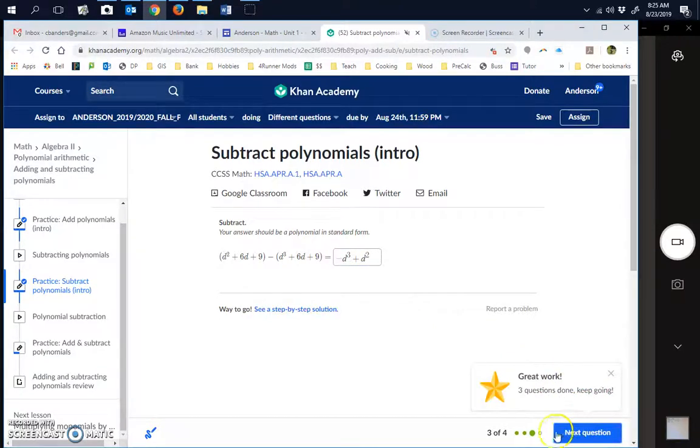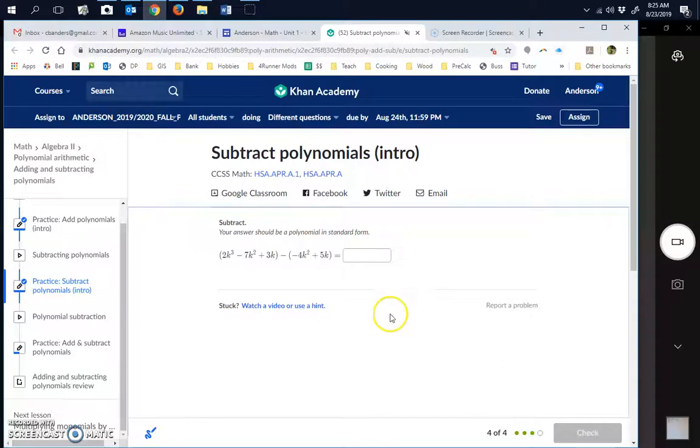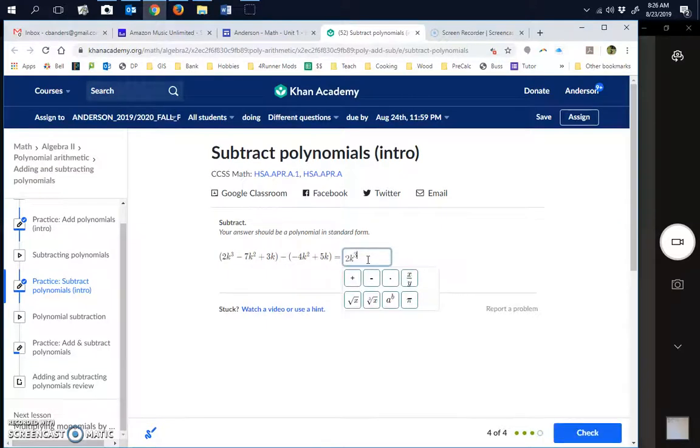And last question. I'm going to try and do this one on the board right here. So we're going down. We're going to change these signs. So this is going to be a plus 4k squared and a minus 5k. So I have no other cubes, so 2k cubed. We have minus 7k squared here. Remember, this is a plus 4k squared now. So we have minus 7 plus 4 is a negative